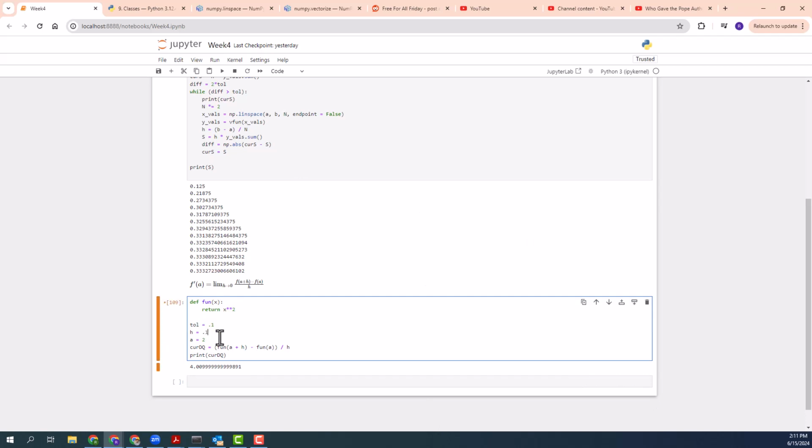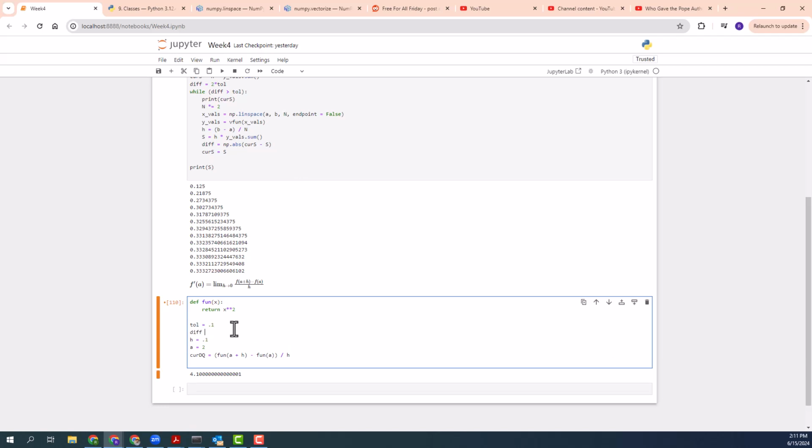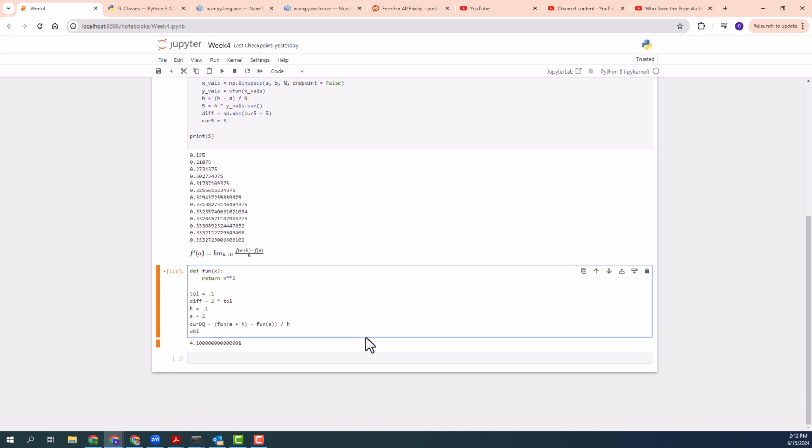Okay, so now I'm going to have a loop, and I'm going to compute the difference quotient as long as the difference between the successive approximations is bigger than tolerance. So I'm going to start difference equal to 2 times tolerance, just to make sure we'll be able to do the loop. And now I'm going to say while difference is bigger than tolerance,